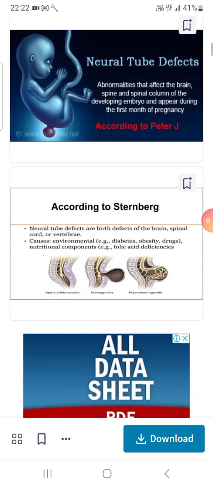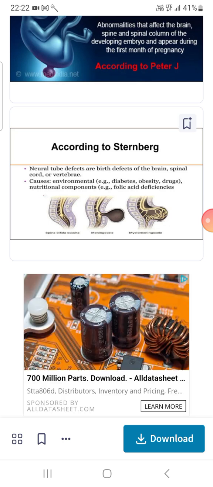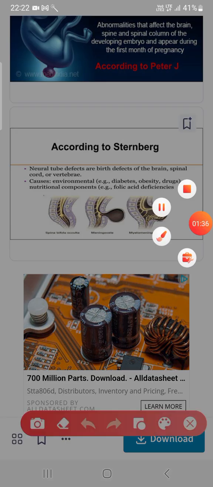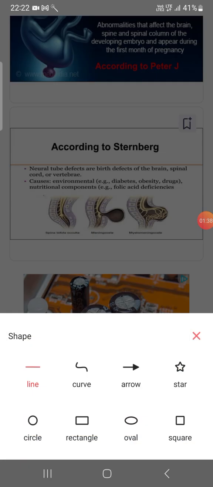According to the scientist named Steinberg, neural tube defects are birth defects of the brain and spinal cord or vertebrae. These are the locations: brain, spinal cord, or vertebrae. So neural tube defects are